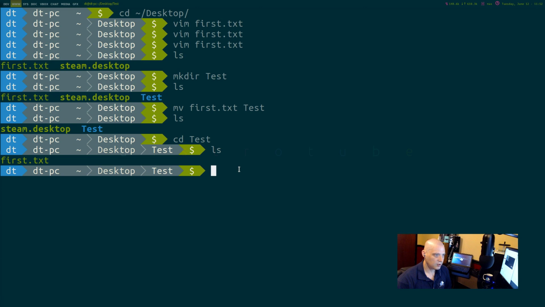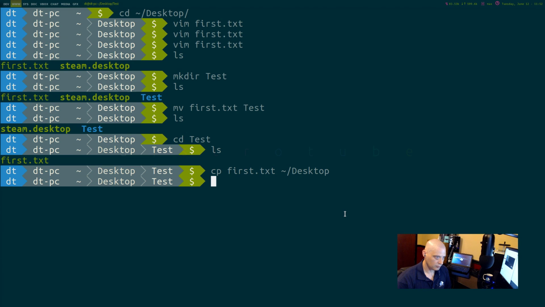Now, what if I didn't want to move it? What if I wanted to have two different copies? One in desktop and one in desktop/test. Well, you would need to copy. CP for copy. Copy first.txt, and then the path to where we want to copy it to. So you could do tilde for my home directory /desktop.